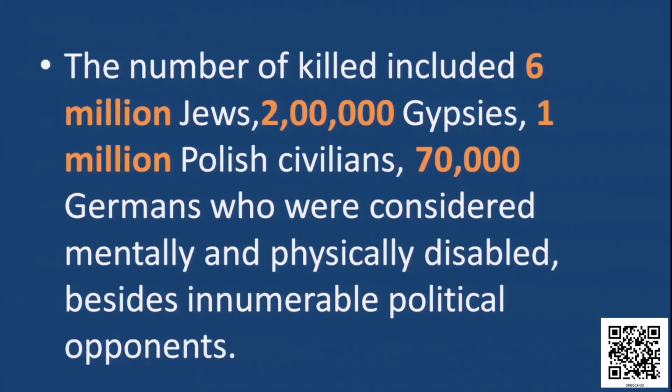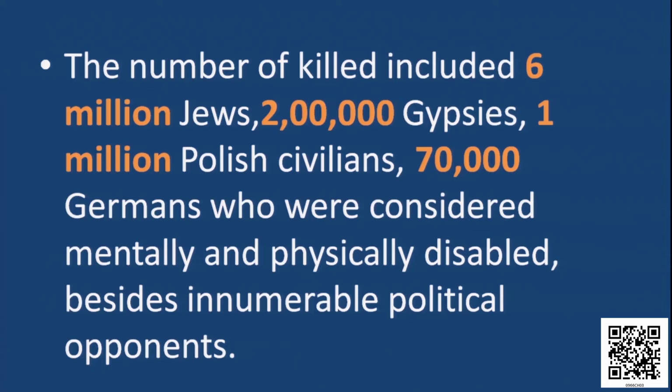This was the act. What was that act? Genocidal war, and killing selected groups of innocent civilians. Now you see the facts. The number of people killed from different groups were 6 million Jews, 2 lakh gypsies, 1 million Polish civilians belonging to Poland,